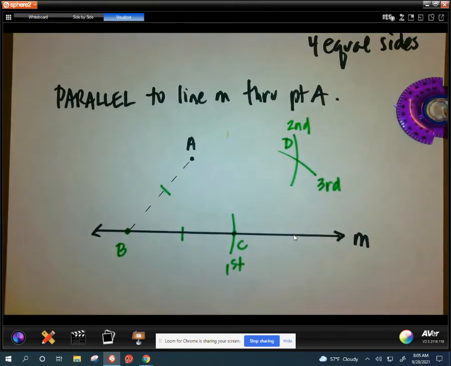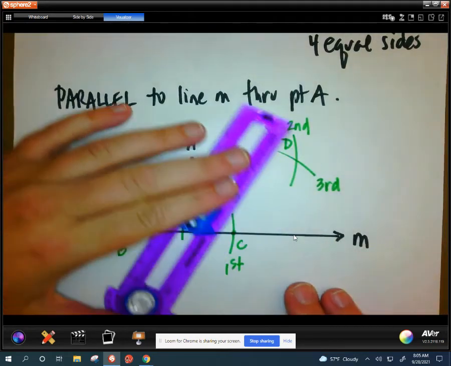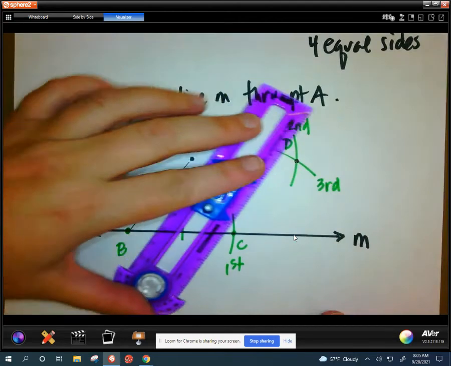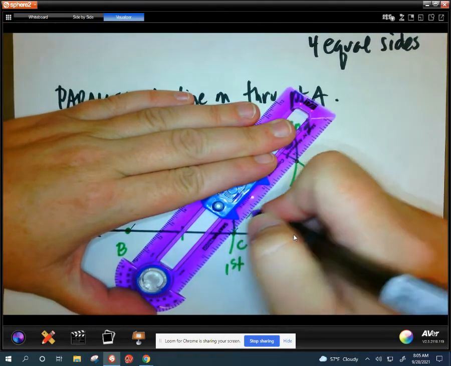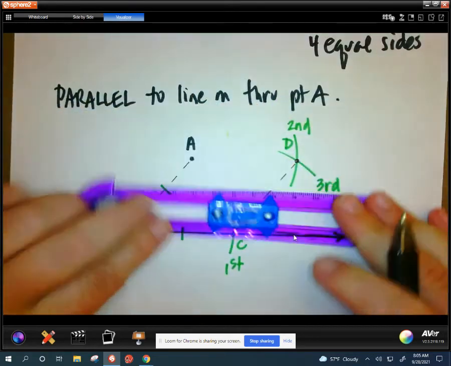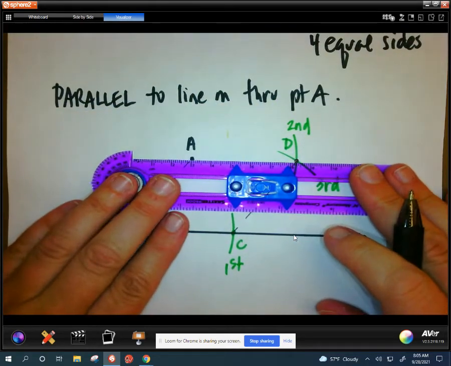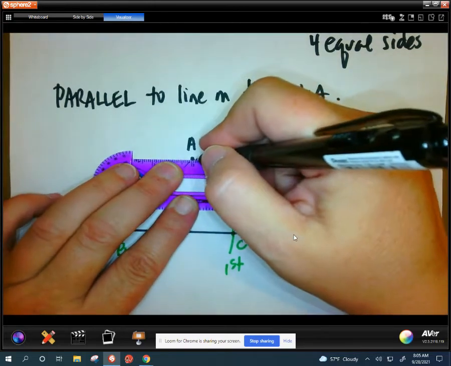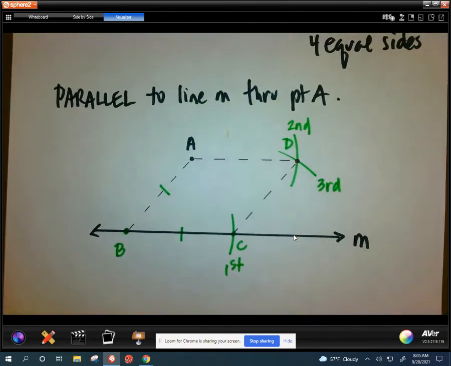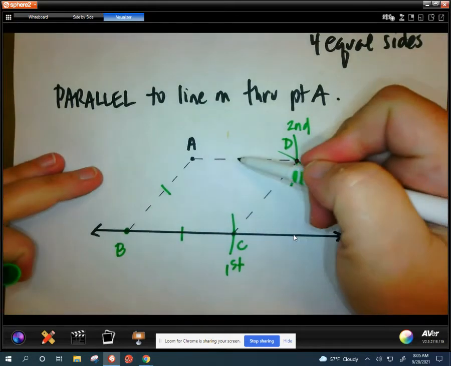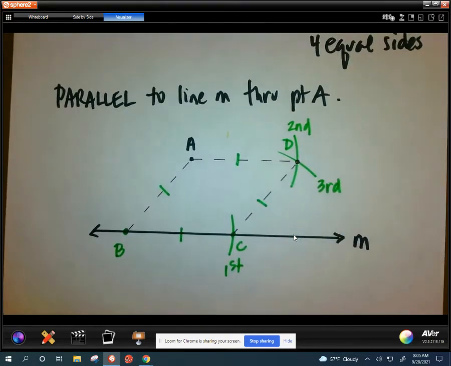Now, let me go ahead and draw in those segments using dashed lines. So I have a point right here that I'm going to go ahead and do dashed lines to connect, and I'm going to connect here. I have just made a rhombus. All 4 sides are of equal length, so this side is congruent to that side. So is my goal to make a rhombus? No, my goal is to have